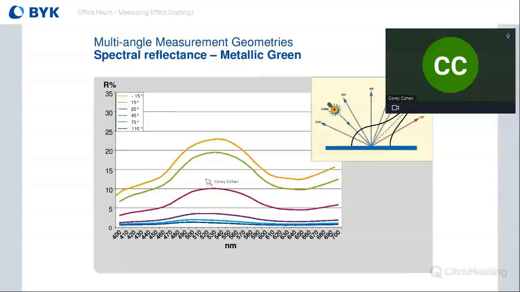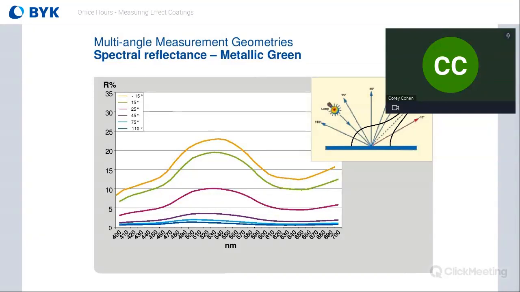So this is why you want to measure at multiple angles, so that when you're trying to match 2 surfaces, when you're matching a standard, when you're matching neighboring panels on a car or something, you want to make sure they match at all these angles, not just one angle. Because if you use a single angle spectro, that spectro might say that these 2 colors are exactly the same, they're a good match, and then you move to a different observation angle and they're suddenly a really poor match. So it's important for metallic colors, which is one of these effect pigments we're talking about, to measure